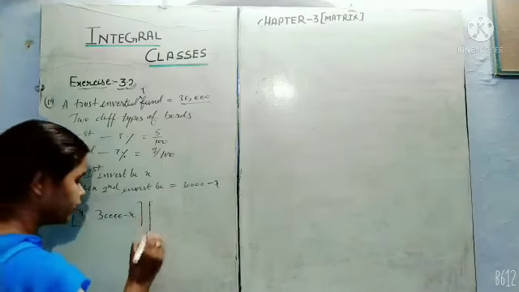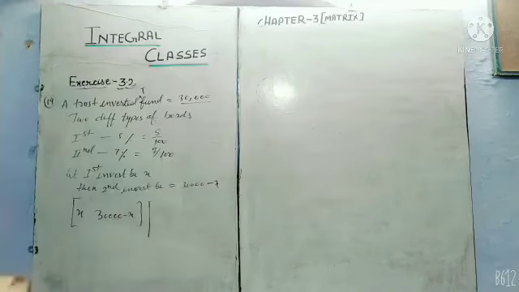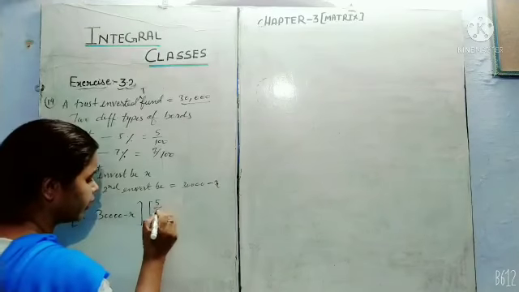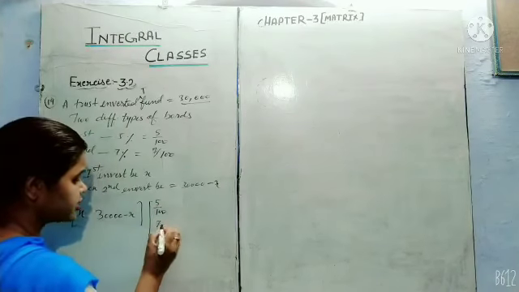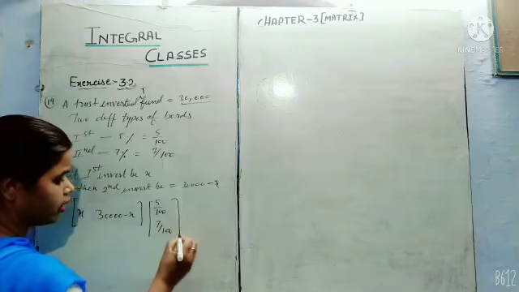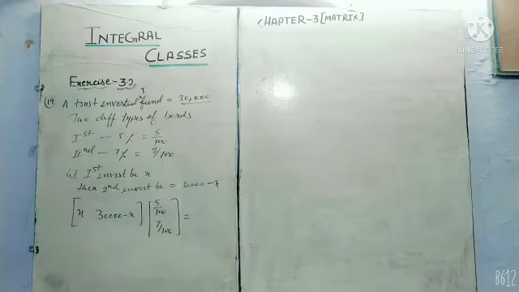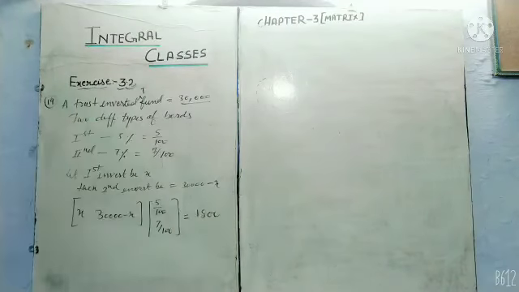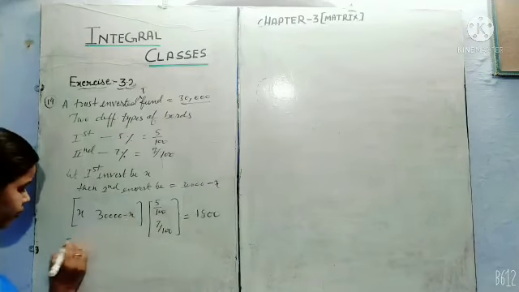Now here the investments are given, and the different types of bond are also given. First is 5 upon 100 and second is 7 upon 100. Now the first condition is given as 1800, so we have to write 1800 on the other side as an equation. Now we will solve them by multiplying both matrices.